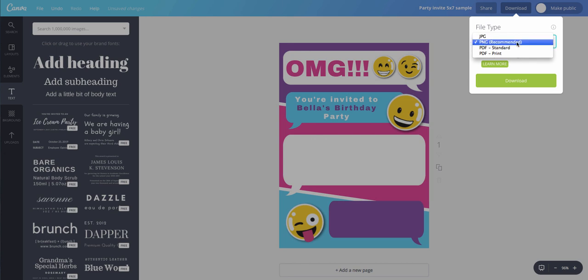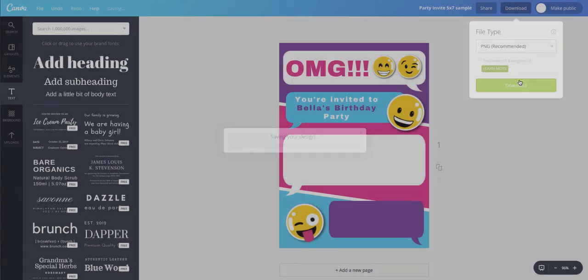So now to download your invitation ready to print, you just go to download. For invitations, because you just want to print the whole file, you don't need it as a PDF. I'd recommend the same as they do, the PNG file. The JPG file is a lower res, so it's not as sharp. It's a bit grainy. So download that one,